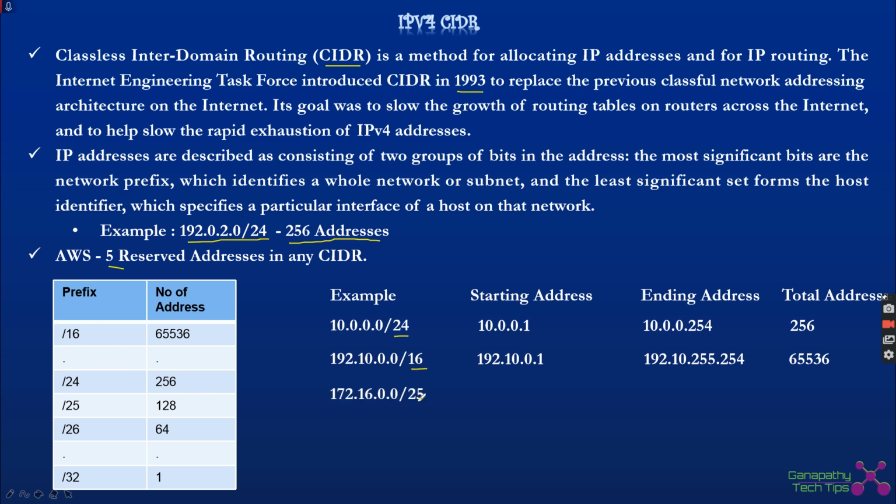One more example, I am giving for practice purposes. So 172.16.0.0/25, this is what I am providing. It is going to be 25. /25 means it will give me 128 addresses. So just do the simple calculation. I am waiting for some time. So it is going to be something like this. In the last octet it is going to be 1 and 126, since it is going to be 128 addresses. This is how it is getting calculated. So do a lot of practice as much as you can so that you can feel comfortable in this area, and comfortably design the CIDR addresses for your cloud requirements.